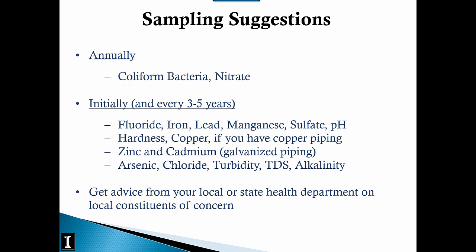But the bottom bullet's also important. Contact your local or state health department to find out if there's anything locally like beryllium or uranium or one of those things that you might need to test for. I know in Rhode Island they have people test for, I can't think of the name of it now, a gasoline additive. Rhode Island has more of those plants that develop that additive than anywhere else in the country, and so they've added that to the list. When you buy or sell a home in Rhode Island, you have to test for, I think it's MTBE,